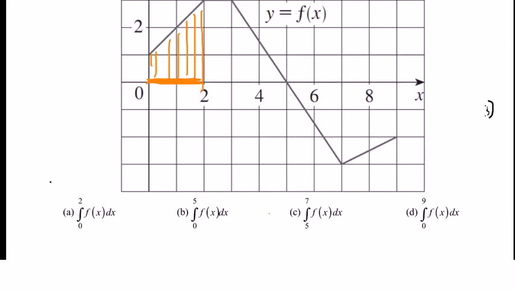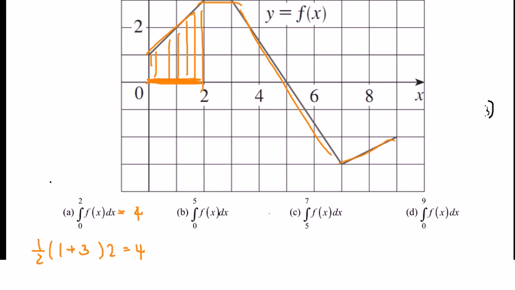Okay, so we'll say that shape is probably a trapezoid, so we take 1/2 of the bases, which is 1 plus 3, times the height, which is 2, so that gives us an area of 4. So the integral from 0 to 2 of f of x is 4. Okay, that's great and all, but the thing is, not all of the functions that we're going to be integrating are going to be nice